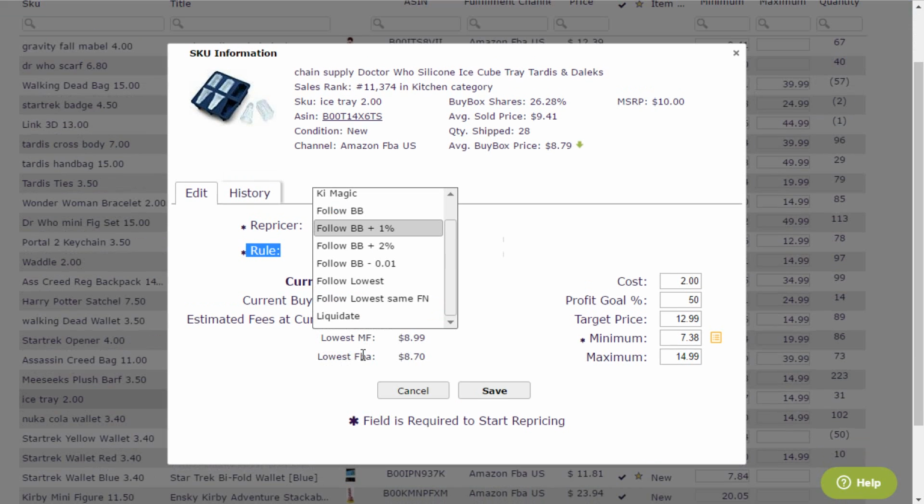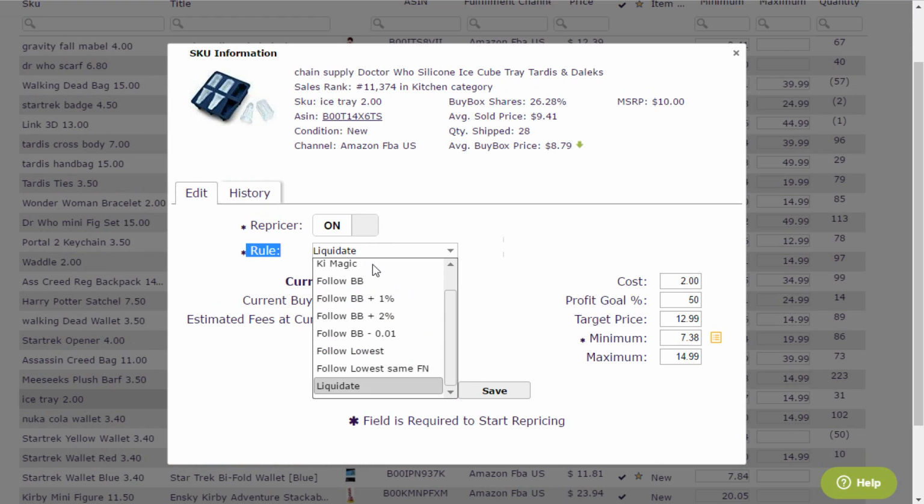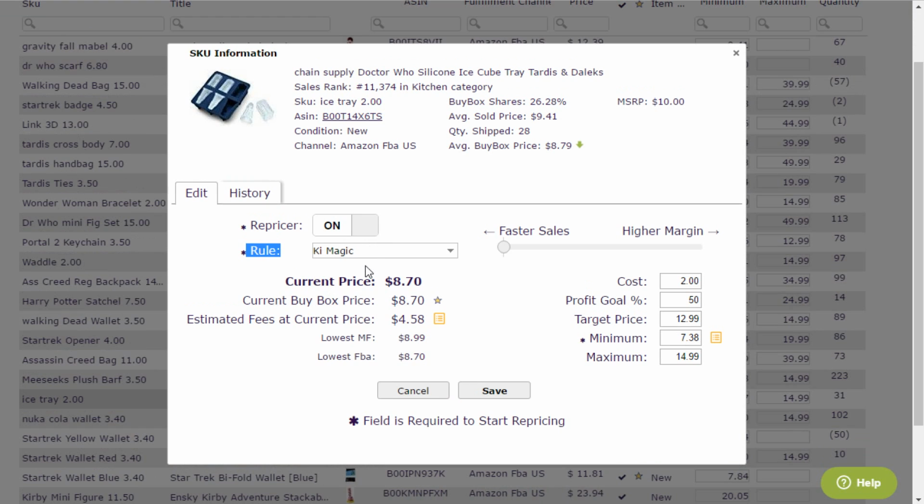And you can select every rule as you wish, liquidate for this one, or KeyMagic, or follow the buy box. You can just set it up as you will. Of course, for the repricer to start repricing, it will need to be on, and it will need to have a minimum here. So if you do not have a minimum here, or if your repricer is not on, it will not